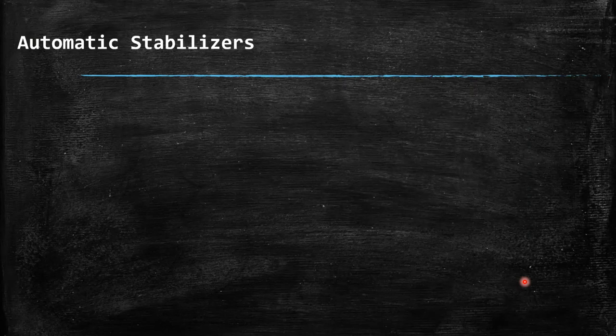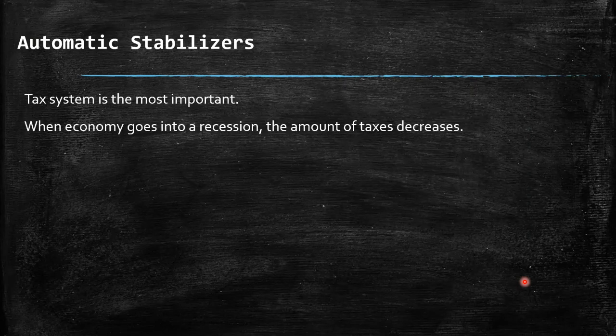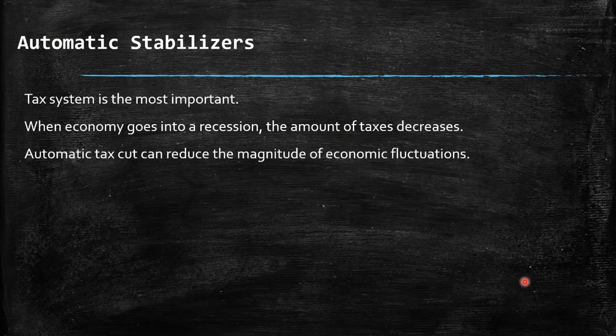Another option is an automatic stabilizer, which is the tax system. Because the tax system can automatically increase or decrease, you don't need that stimulus bill. With this tax, which is, between quotation marks, faster, you can provide a better adjustment to the economy. So an automatic tax cut can reduce the magnitude of economic fluctuations, or there are unemployment insurances, when you provide a survival salary to people in the meantime while the economy gets better, and in that time they can get a new job.